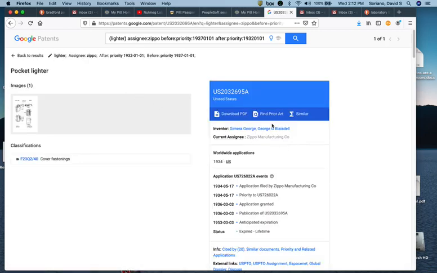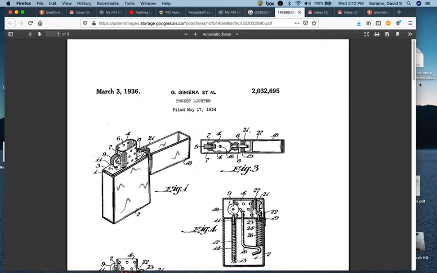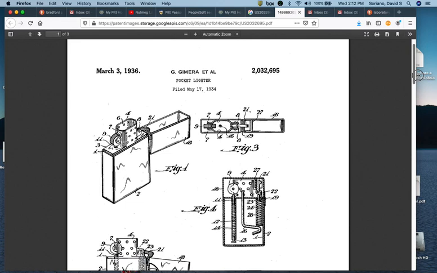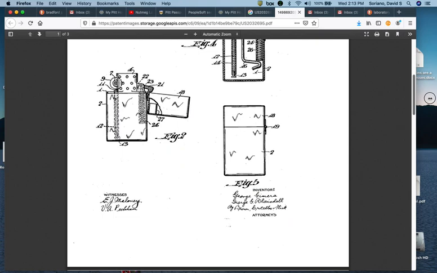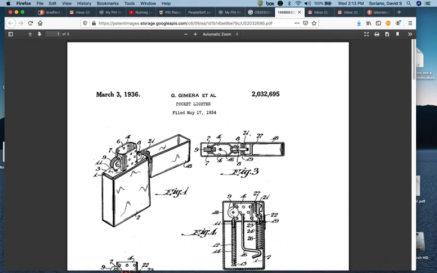The original Zippo patent, which turned out to be very important for Zippo here in town. George Blaisdell was the owner. And the Blaisdell family has done so much for our campus here in Bradford over the decades. And that would be the original Zippo outside hinge lighter. So, see, not just